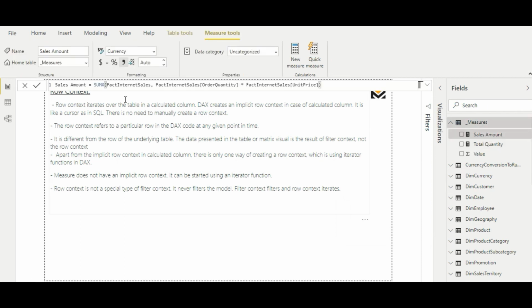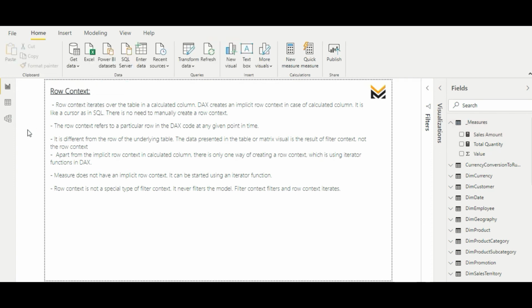So what I can do is, if I just select this, if I just try to do this much only, now you can see that it says cannot find name order quantity. So why is it not able to find? I am referencing directly the column name, right? The reason is that there is no row context existing here, so it is not able to find the column name directly unless I use an aggregation function or any aggregated function. So this is the important point which needs to be remembered.